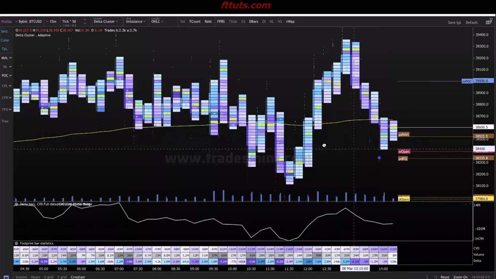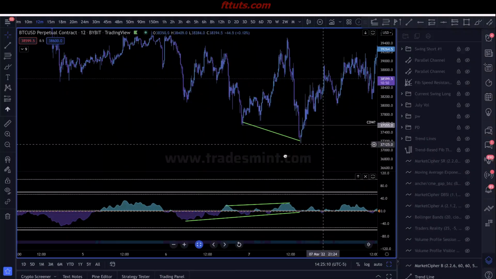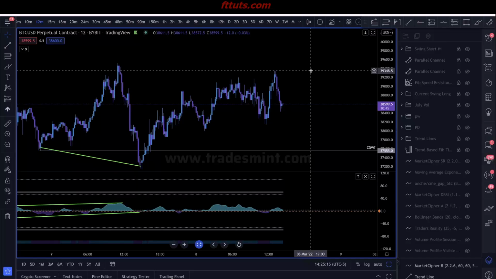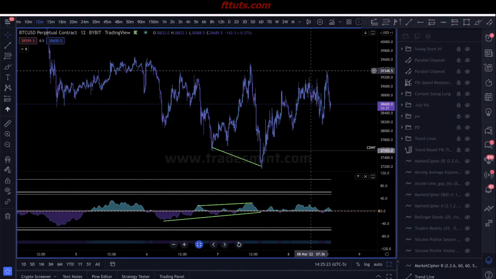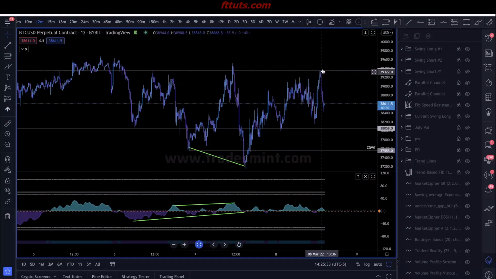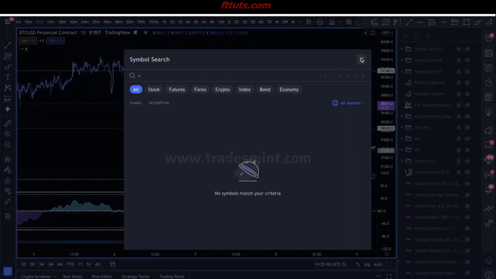And I want to talk about the short that I actually just took from up here, because this one was a little bit different, okay? This one right here, we can see that we had come up to a very important level, which was basically just the high of this range, right? We've literally been kind of trading in this range in general, and we came up to the high. Now, let's take a look at what was happening with the order flow